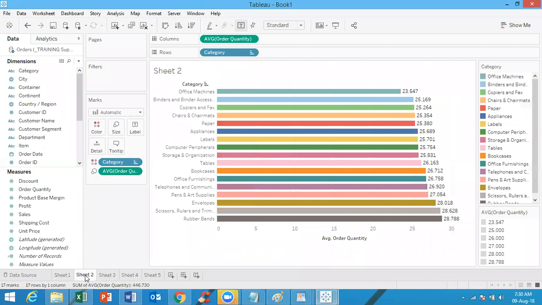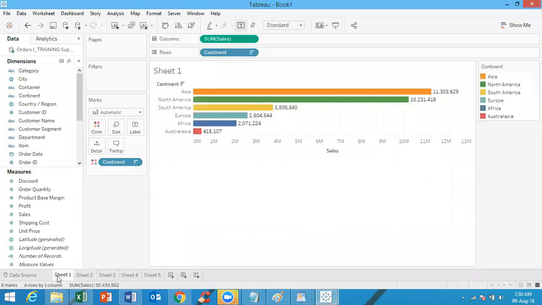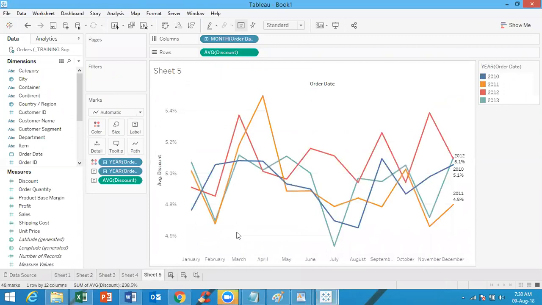Here we have used color and also size to see the order quantity, in ascending order. So this is a simple graph where we want to show the sales by continent. In each graph we are able to learn a new thing, right? Now,